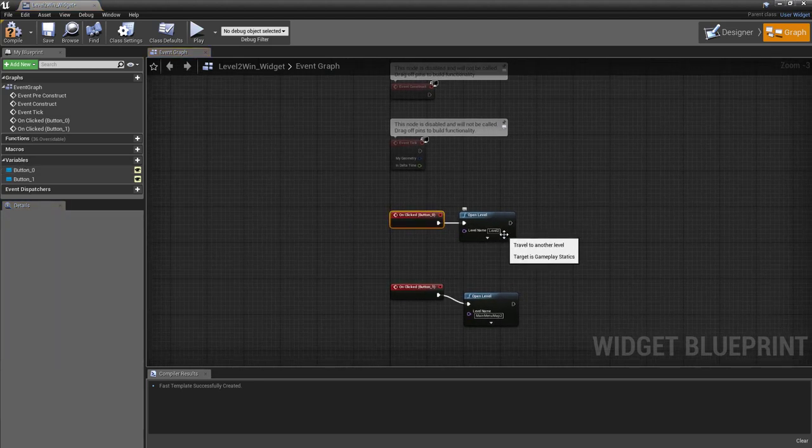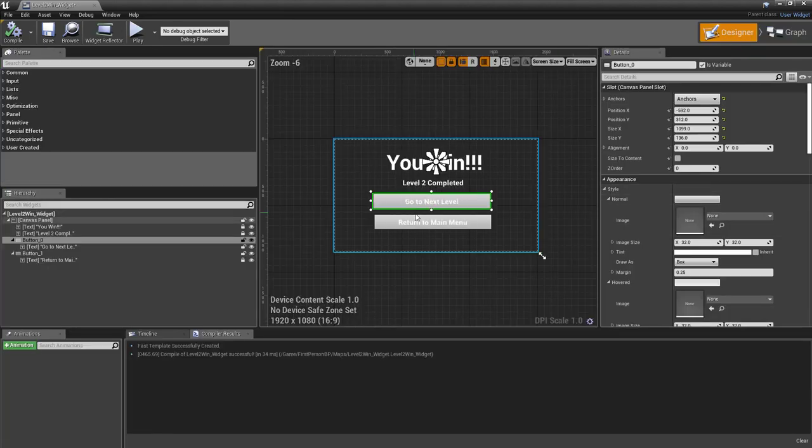And here you would again go to level 3 or whatever the next level is that you are going to. So you would have to make sure that this is right, otherwise you could just keep respawning back in level 2. You would never progress to level 3. Now in my case, I'm going to leave it alone because I don't have a level 3 for it to go to. And instead of saying go to next level, I'm going